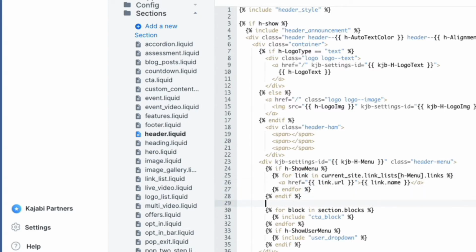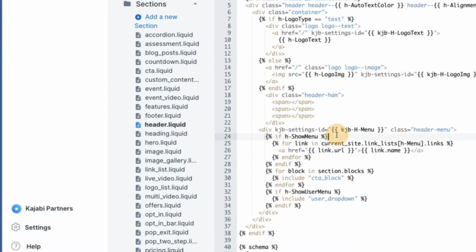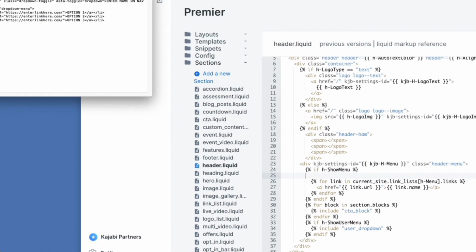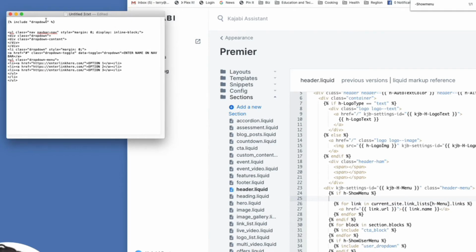So I am going to put our menu at the beginning, and I'll put my cursor here, and I'll do this, and I am going to bring up my little text editor. Now, if you have copied this code, which I will include from the Kajabi help site, make sure you're using a plain text editor, not Word, not Apple Pages or anything like that, because it includes some extra little formatting that you can't see, but it's there.